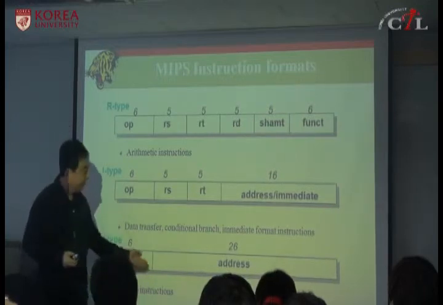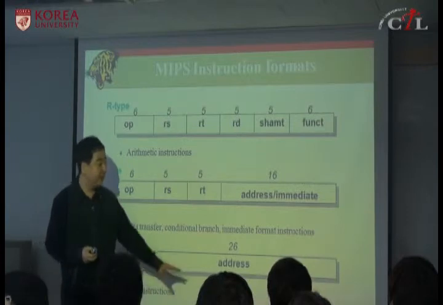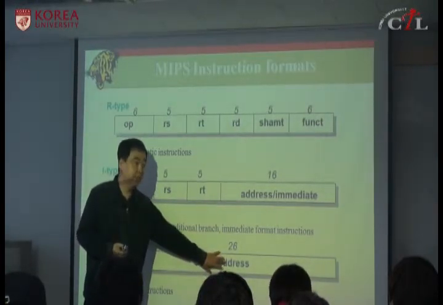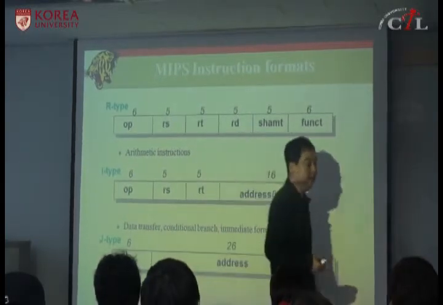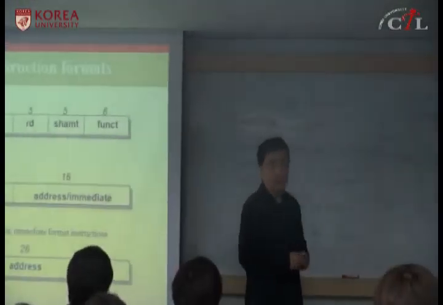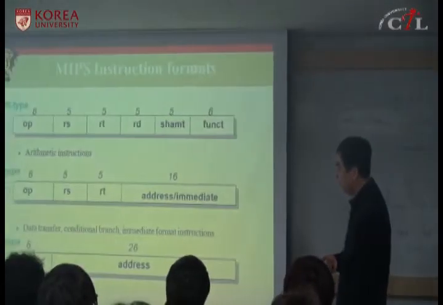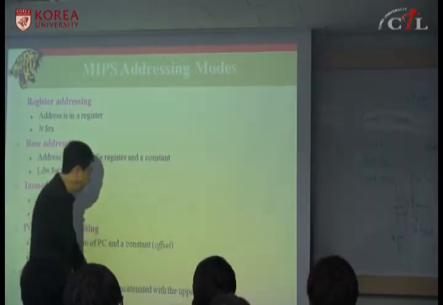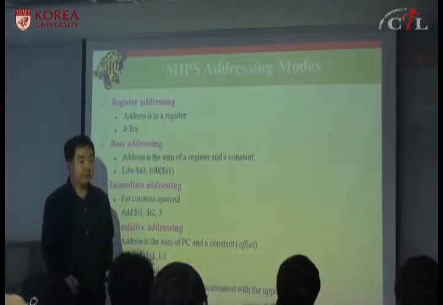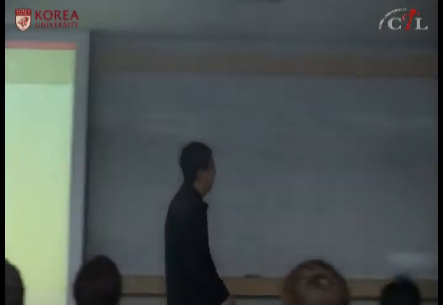For J-type, you have the remaining 26 bits. You can specify the memory address directly using these 26 bits. This 26 bits concatenated with the upper bits of the program counter, you can specify the instruction address. That means